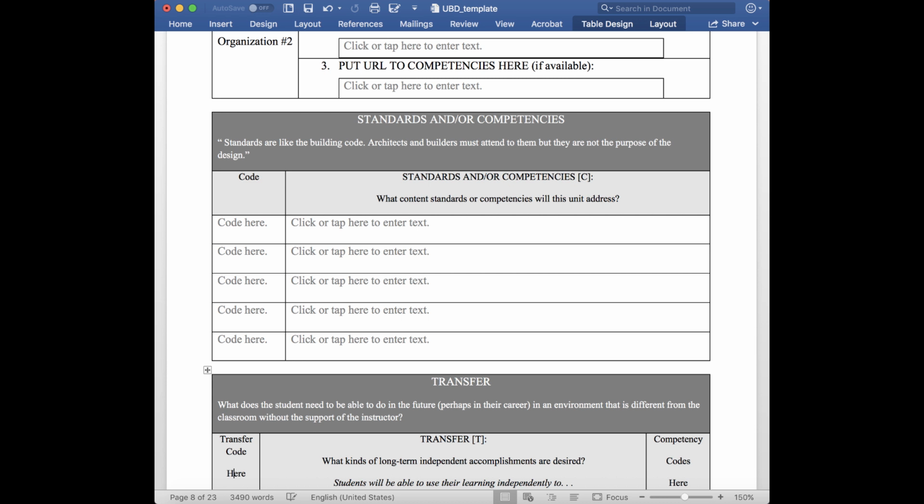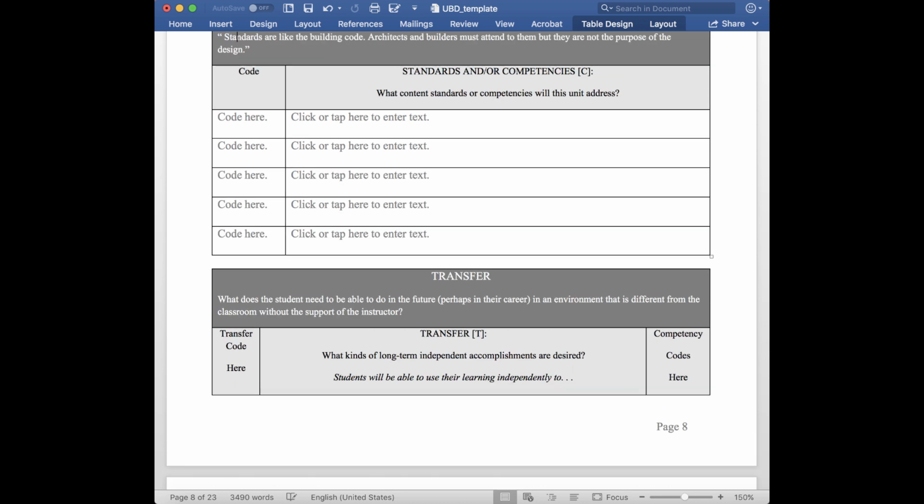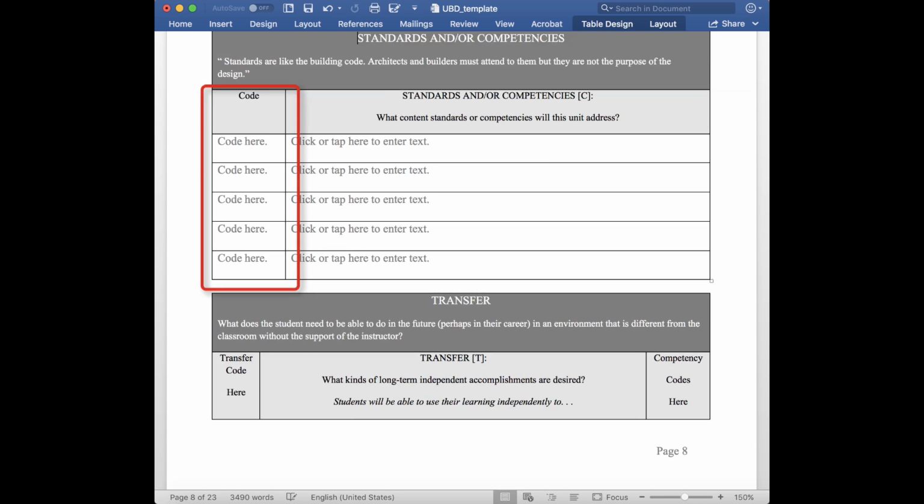You want to make sure that you pick standards that are relevant and appropriate to the unit. And let me go back up a little bit. Over here on the side is a section for the code, and where the standards and competencies are listed, they should be delineated with a number or code, and you want to make sure you put that specific code here, and you'll see why